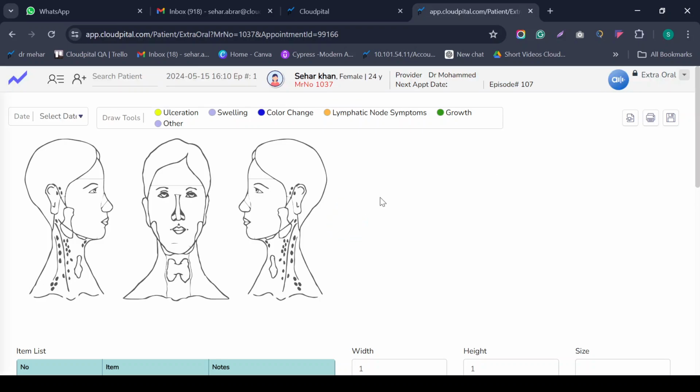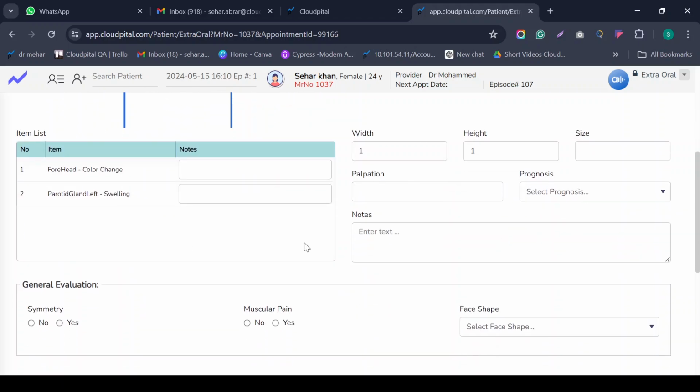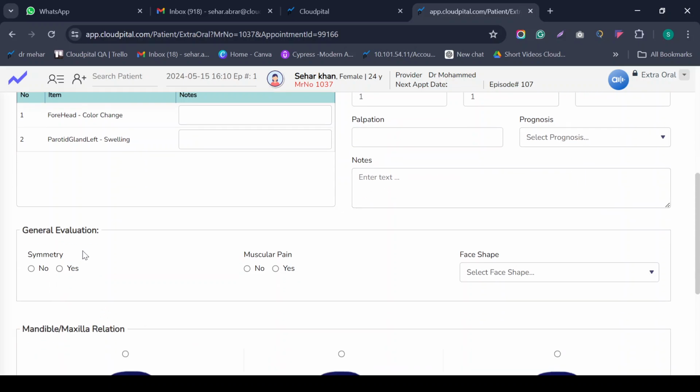We can also manage the oral record of the patient in this screen. Similarly, we just need to select the colors on the different screens according to the patient's needs, their colors and their swelling levels. We can select the highlighted part, and select from a drop-down list for the specific area. The system will highlight this area, and similarly the predefined template list will be shown in the drop-down.